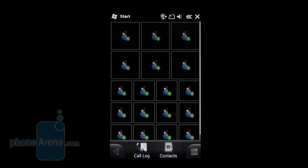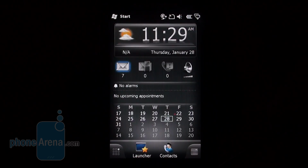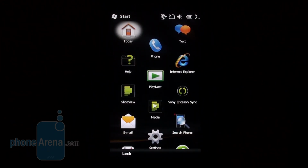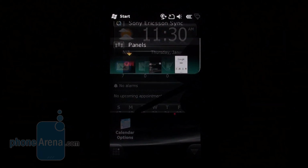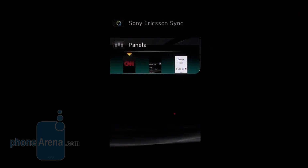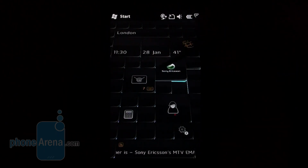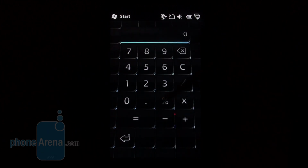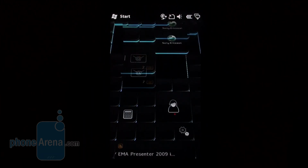For instance, the SPB Mobile Shell panel is actually the full version of the popular software developed for Windows Mobile phones that replaces a large part of the standard Windows Mobile interface with a handier and more enjoyable skin, while the CNN panel is simply an application that provides access to the popular website. Probably the most spectacular panel is Style Wave. It has a truly futuristic look due to the beautiful 3D effects